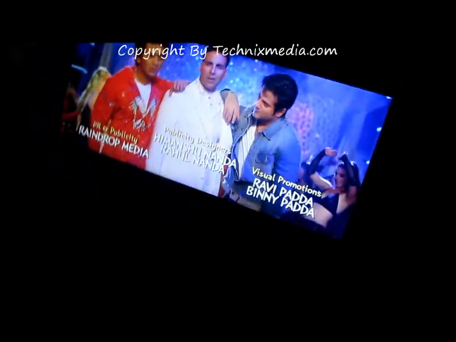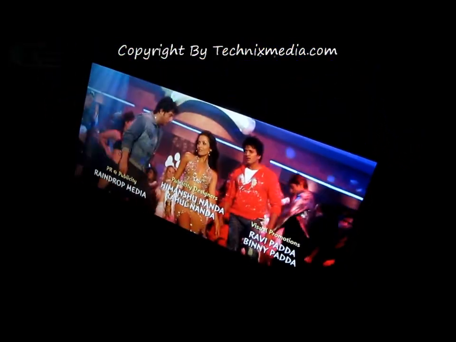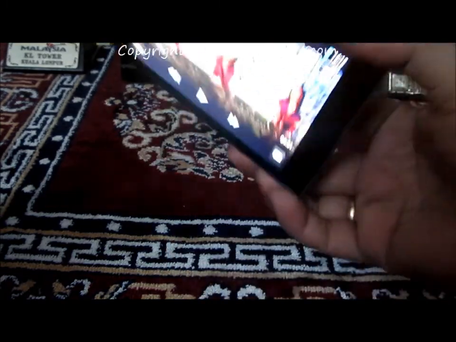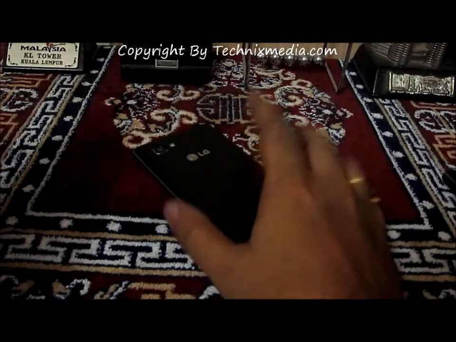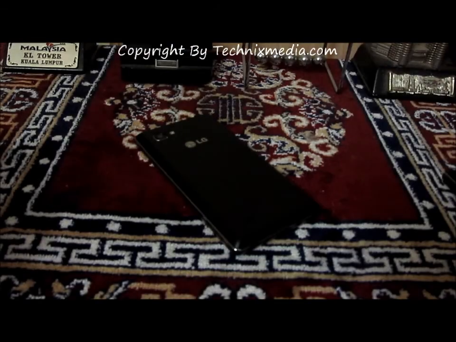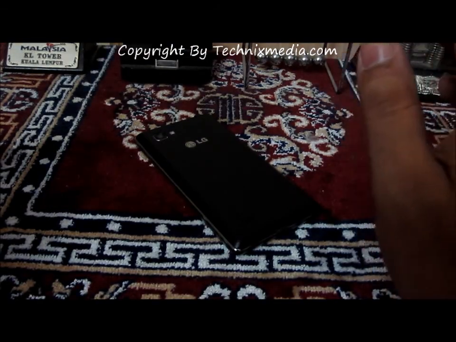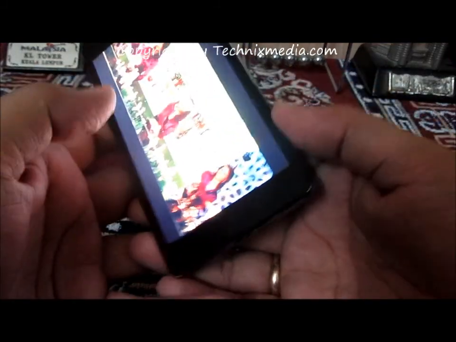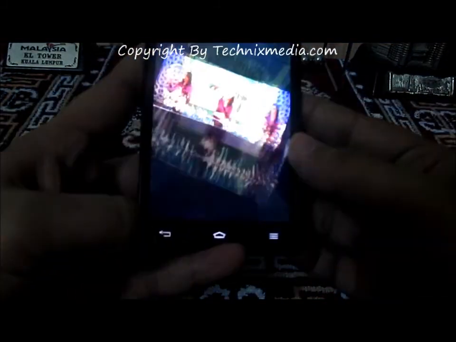If you want to pause this video, you need to flip your device and place it on a table or some surface like this, and this way the video will be paused. As you can see, the video is paused from that particular point where you were watching it. If you flip your phone like this, the video will be paused. Similarly, if you are receiving a call and you place your phone like this on a surface, you will cut the call. This is how you can reject the call, or make the phone silent.